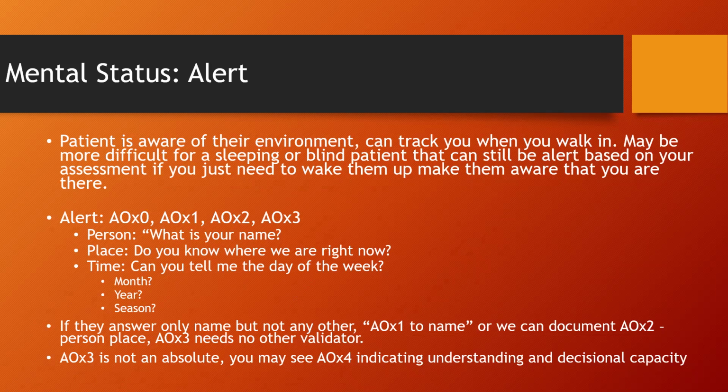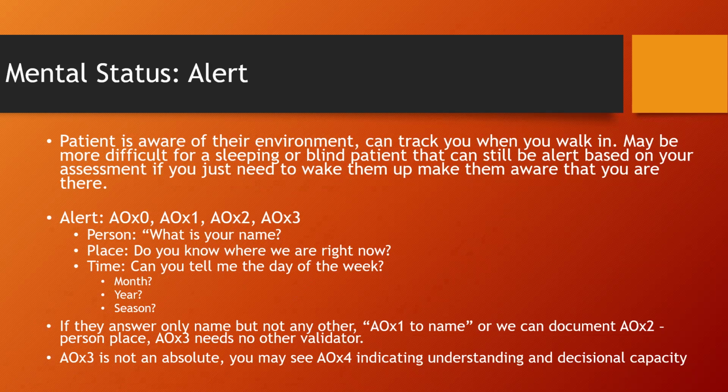For example, for a patient in a nursing home, somebody doesn't come into their room every morning and say, hi, good morning, it's Wednesday, right? They may not know what day of the week it is, and that might be normal for them. So we might have to delve a little bit deeper, because I don't expect that patient to know the day of the week at all times. So maybe what month it is, what year it is, what season it is. That might be appropriate for them to be able to tell you a little bit more information, showing that they understand the concept of the passing of time. And that's really what we're looking for. Maybe some people use what president it is, but then you're getting a little bit political.